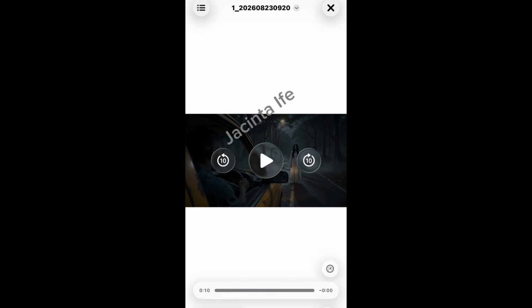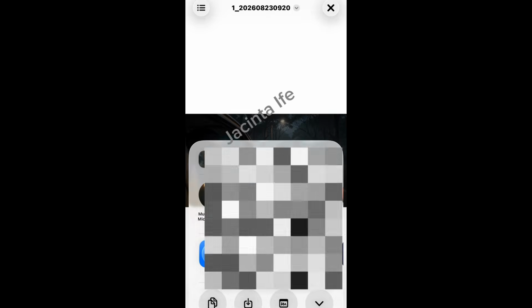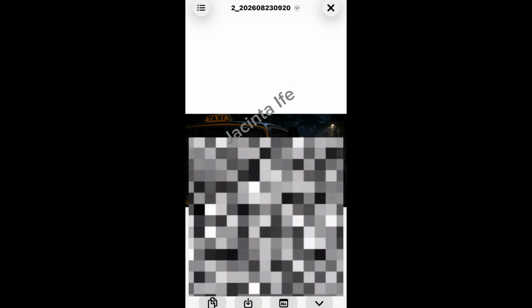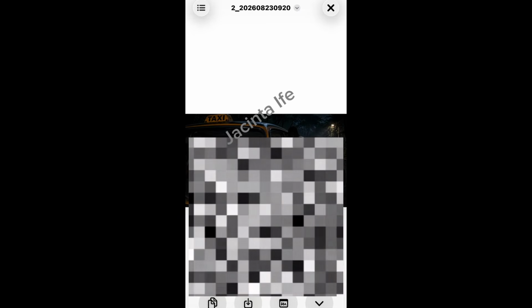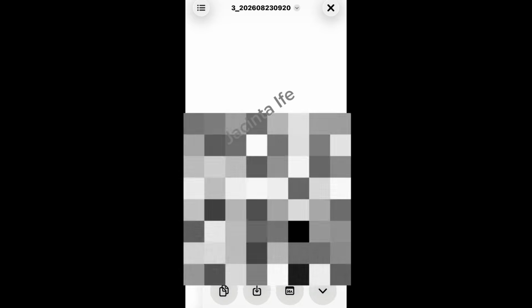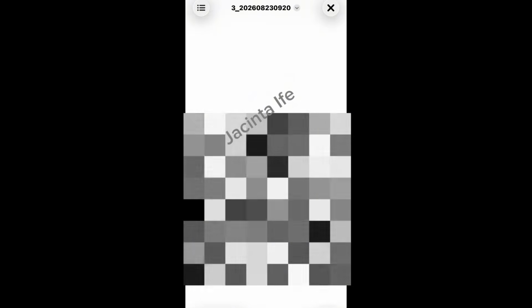So let's save. I'll just save it to my photos. Okay, save to photo 1. So the 2, I'll save to photo, then 3, I'll save to photo.